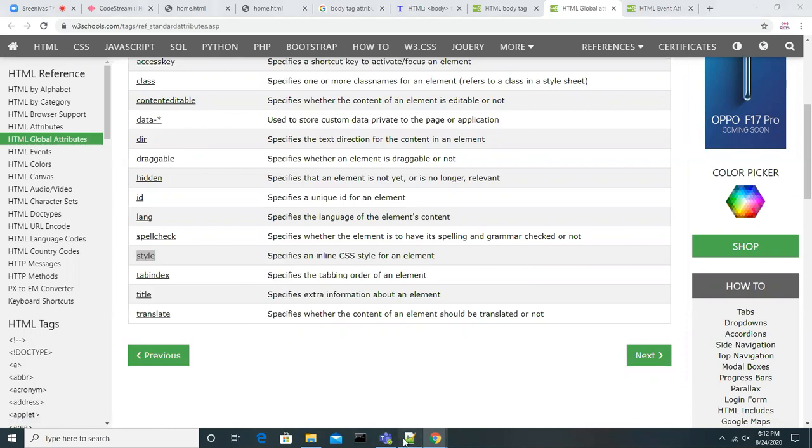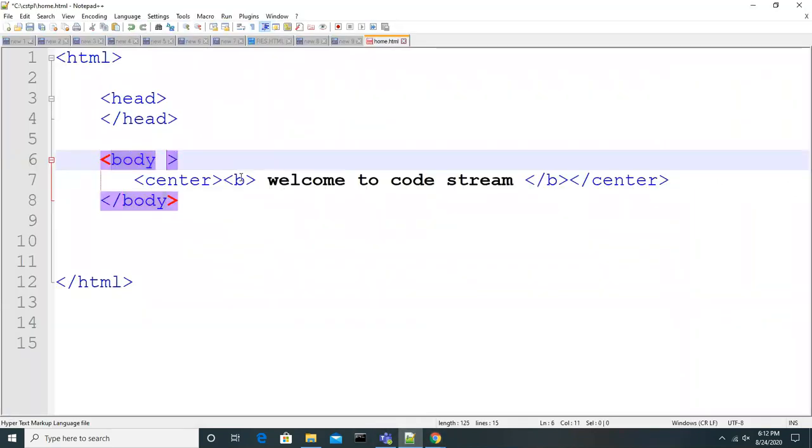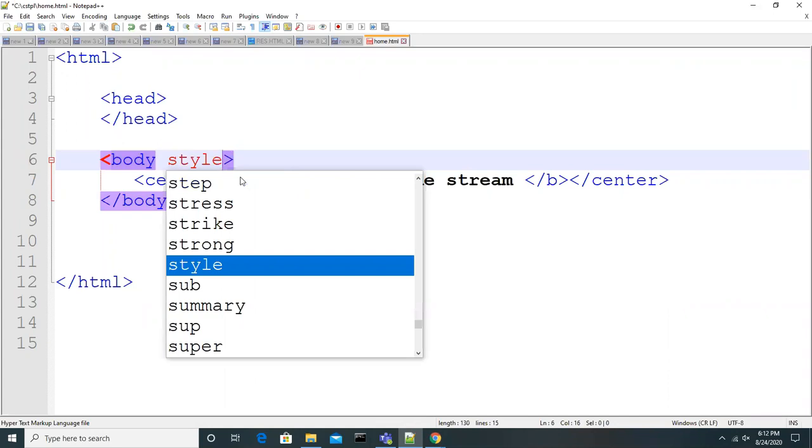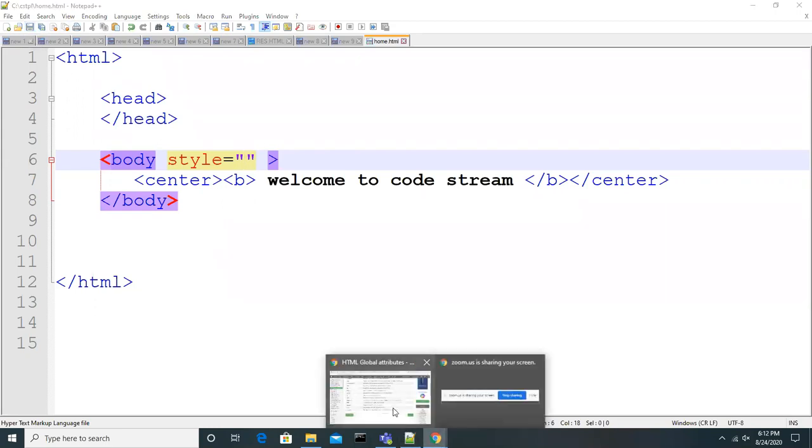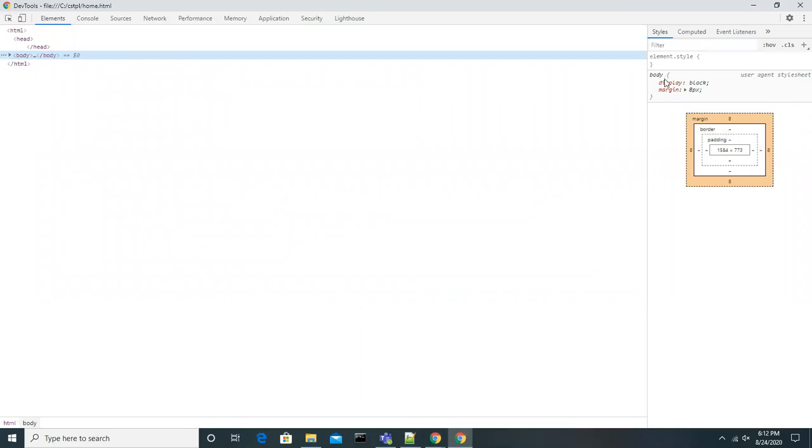To add the attribute, it goes under the tag, within the angle brackets. By giving a space, we add that, and you can say it is a style attribute. But if I don't give any information to style, it won't give any style. Here you can give many things in style. Let me show you an example of the style. So this is the style, guys. You can give many attributes.